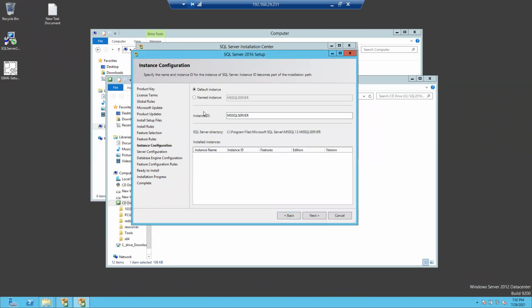So, okay, see here you are able to see default and named instance. If I am giving named instance, it will be created as a named instance. So I'm going with the default instance. Default instance means this is MS SQL Server. So whatever the server name you have, same name it will be coming to the database server instance as well. So next.